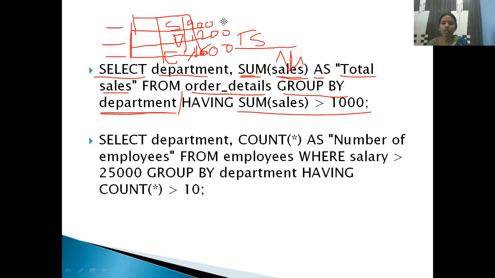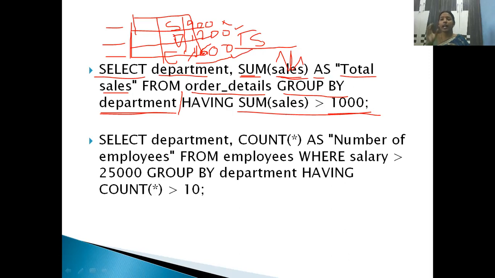No. So soaps will not be in the table. Next, detergents. 1200 is greater than 1000? Yes. So this will be in your result table. Now cool drinks is what? 1600. This 1600 is greater than 1000? Yes. So this is also in the result set.